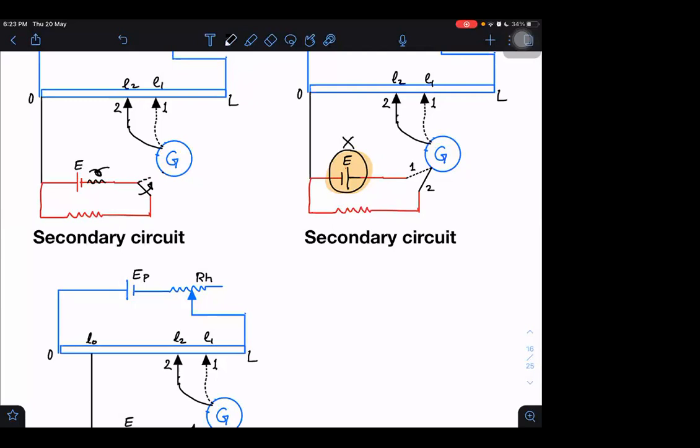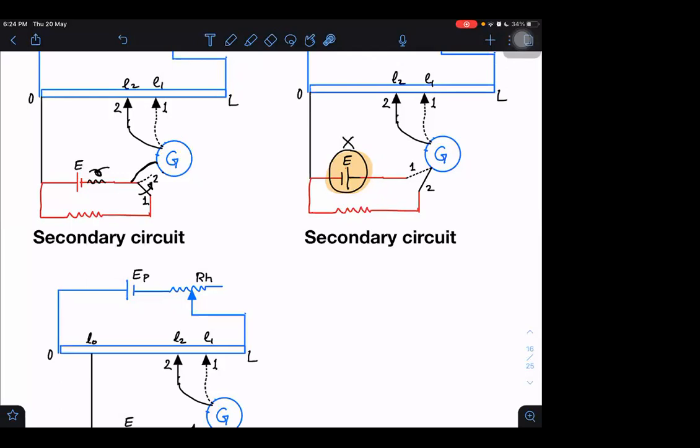Right, wait a second now. How to connect the galvanometer, I'm thinking. Okay, yes, right. The galvanometer will always be connected on this side. One position, and the galvanometer is on this side, let us say. And this will be position 2. This switch will be open. We can do that. Now it is understood.